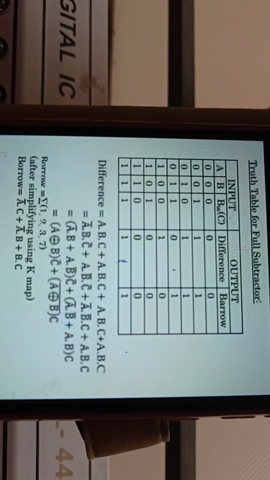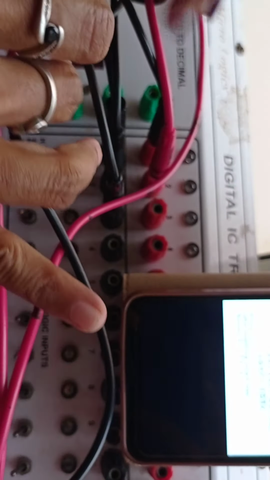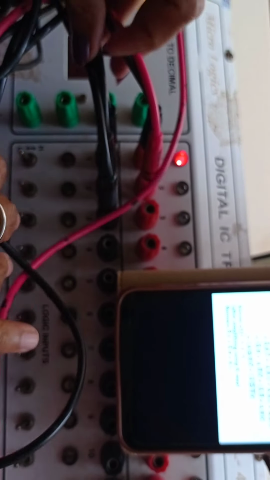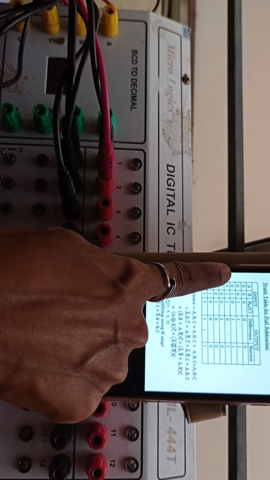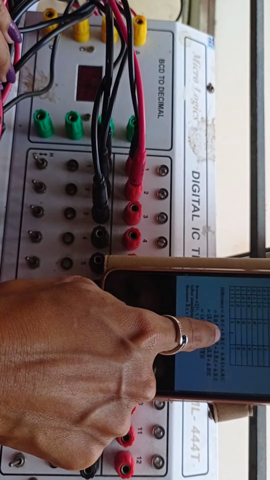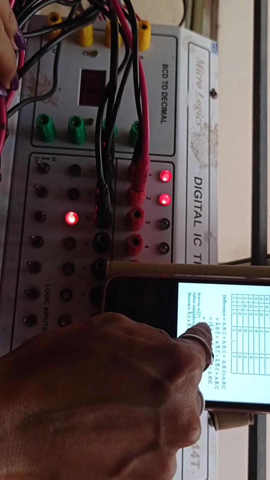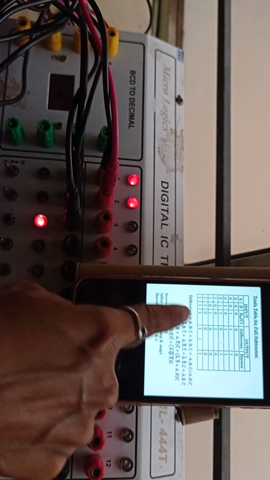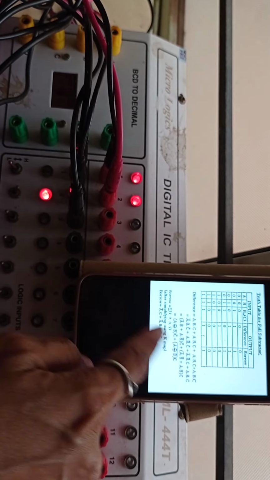Switch on the trainer kit. Now check the truth table. From the truth table, for 0 0 0 the full subtractor gives difference 0, borrow 0. Next for 0 0 1, difference 1, borrow 1. Next for 0 1 0, difference 1, borrow 1.